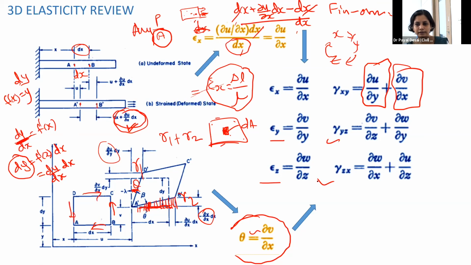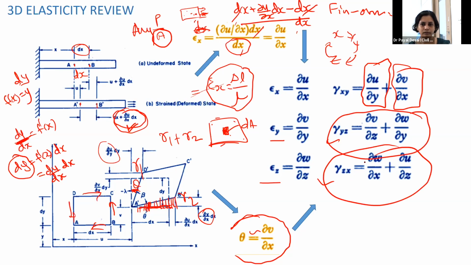That is gamma yz and gamma zx. So according to the plate theory assumptions that we have been discussing, these two components we are actually making 0. Because in the plate theory, just now we have discussed, gamma yz and gamma zx, these shearing strain components are 0. And then we are making simplification in our analysis.